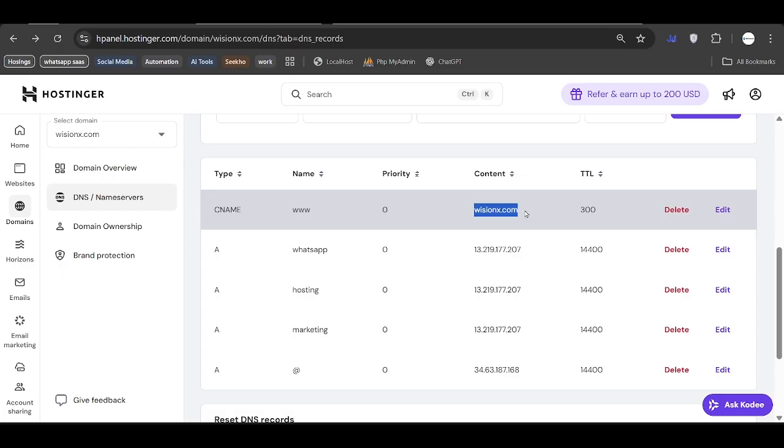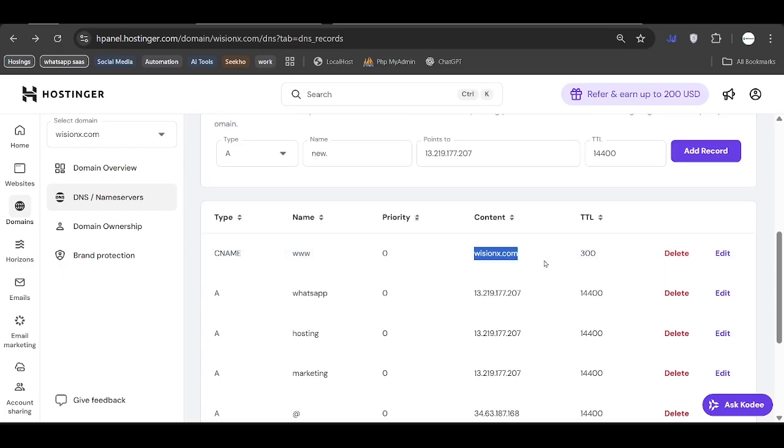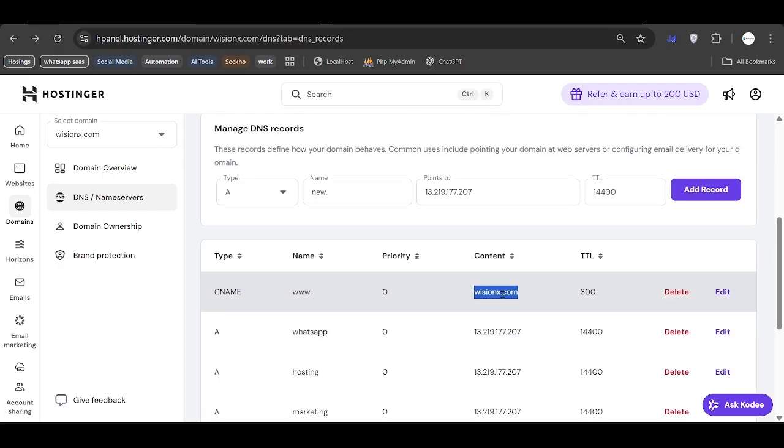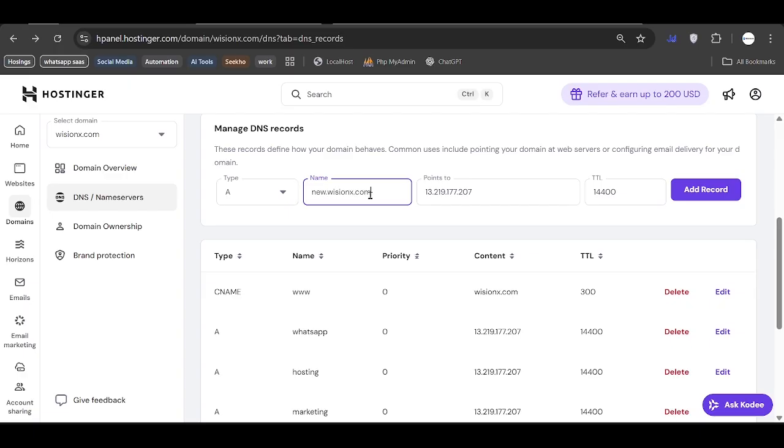In my case, I'm using this domain now. This is the domain management panel of this visionx.com. I'll be pasting it here, and the IP address will be this that I have copied from here, and I'll paste it here, and I'll add the record. And after you add the record,